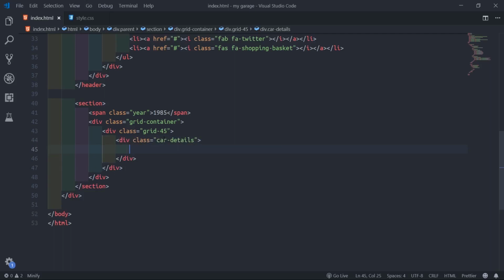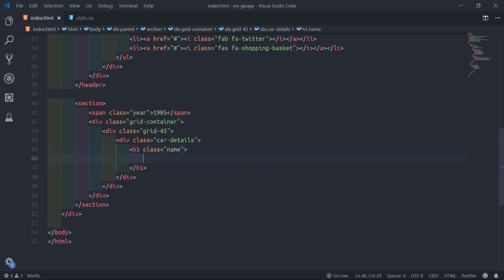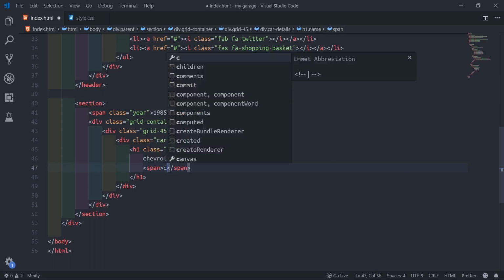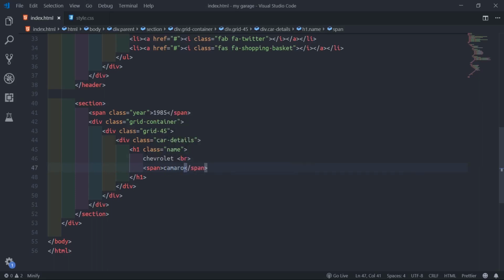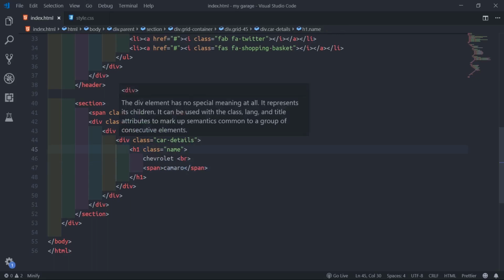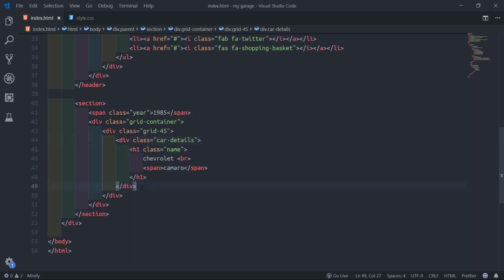Then inside the car details, I'll give each one a name, and I'll say Chevrolet Camaro. Then after this car details, we'll create a paragraph.